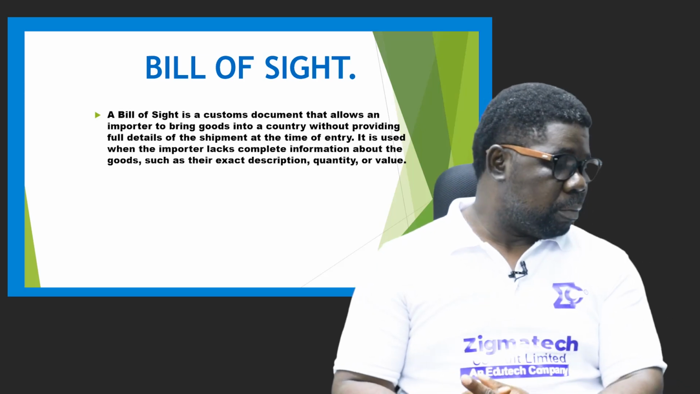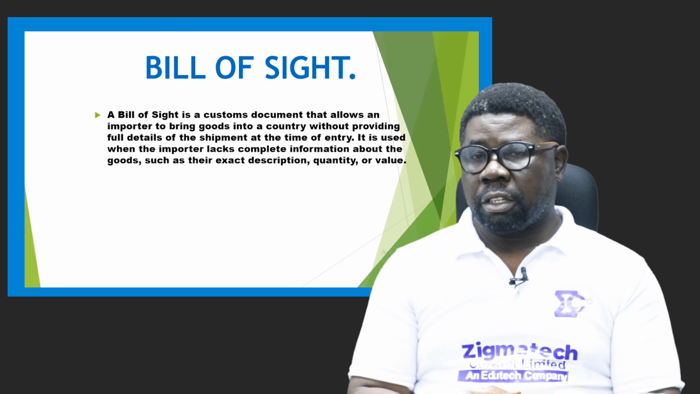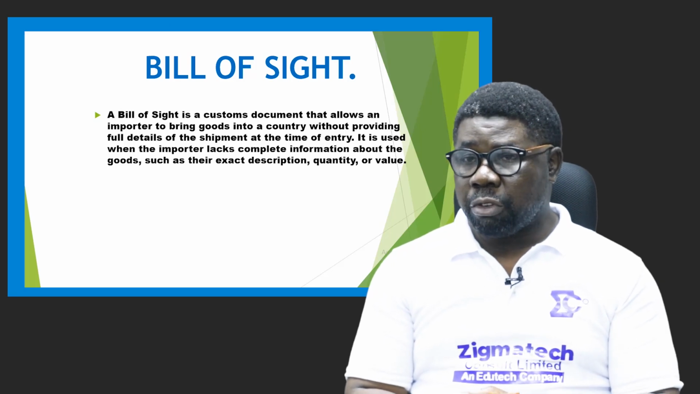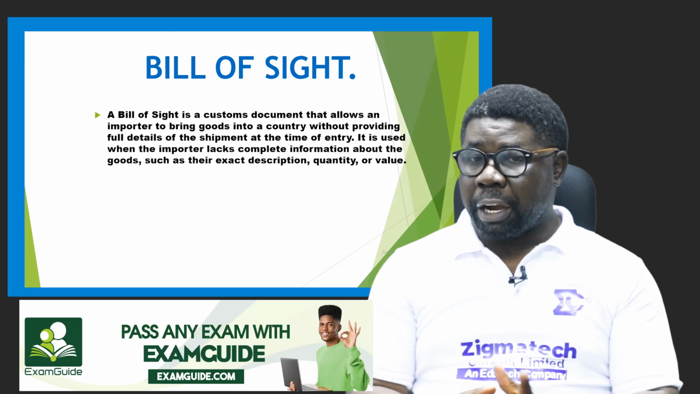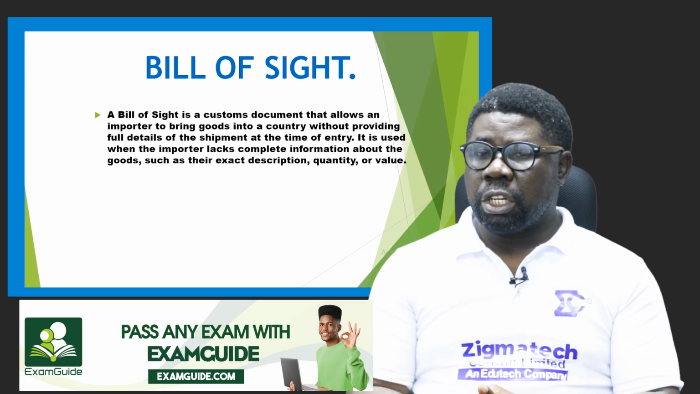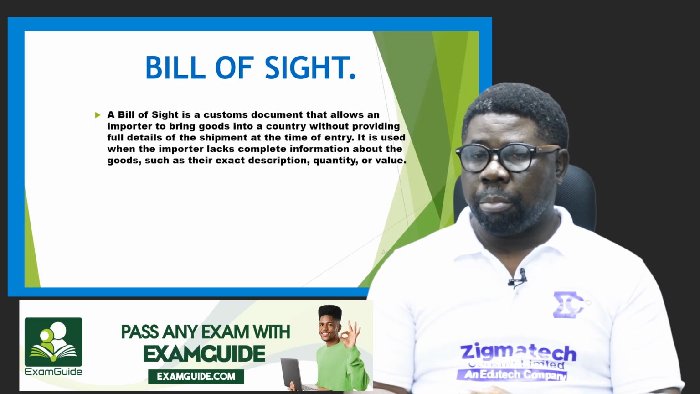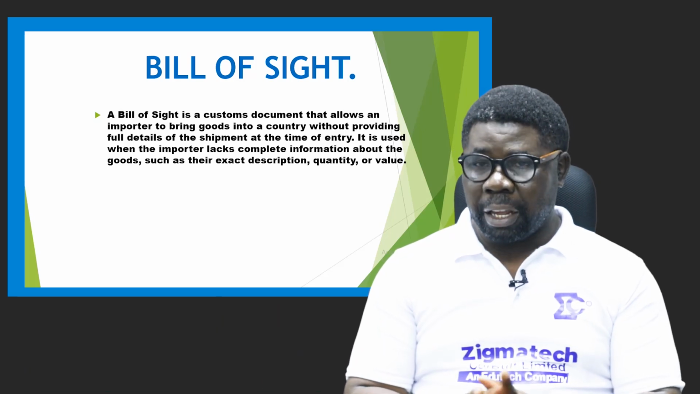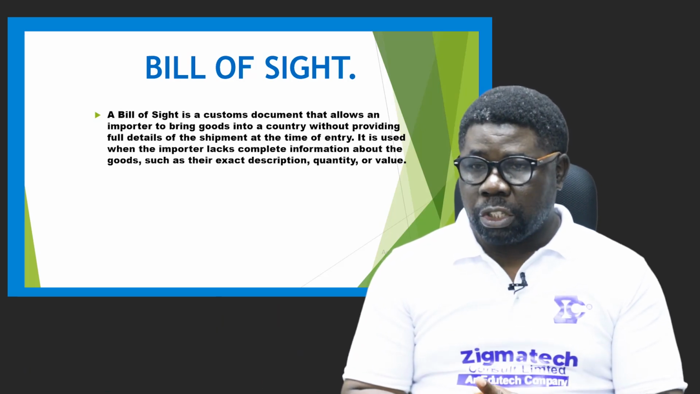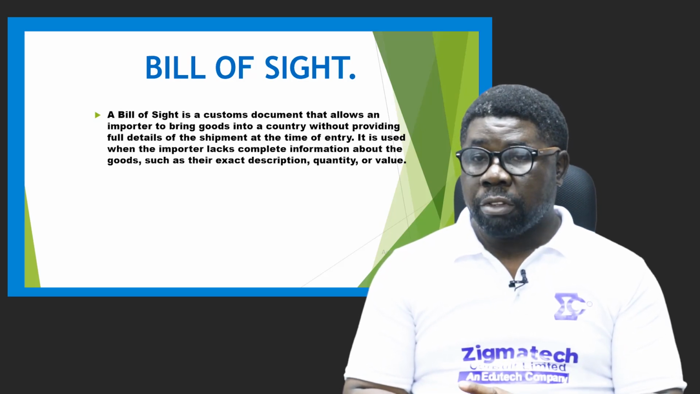Bill of sight is another one. A bill of sight is a customs document that allows an importer to bring goods into a country without providing full details of the shipment at the time of entry. It is used when the importer lacks complete information about goods, such as their exact description, quantity, or value. When this is the case, the importer can